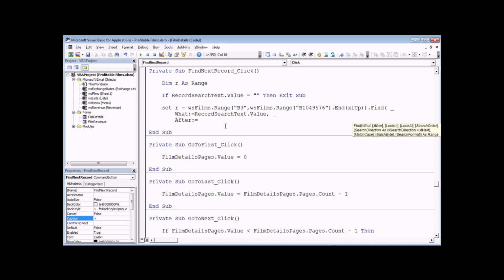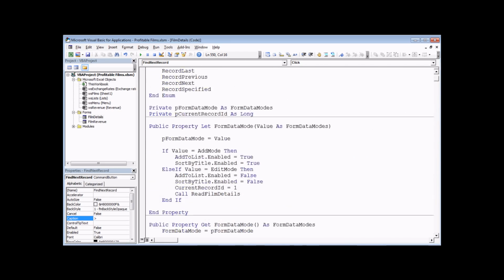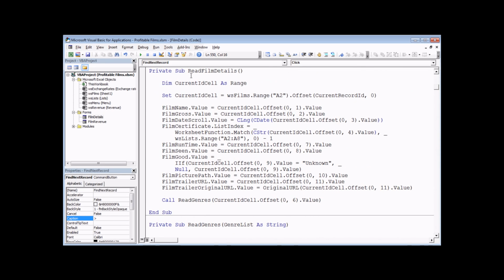One way that we could do this is to refer to the current ID cell. That's a variable that we declared in a previous procedure in this video. In the read film details procedure right up at the top here, we declared a variable current ID cell which stored a reference to the cell that we're currently looking at in column A. This is currently declared within the read film details procedure. So what we're going to do, just to make our life a little bit easier, is cut that from there,